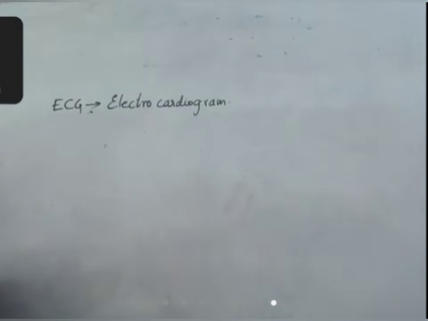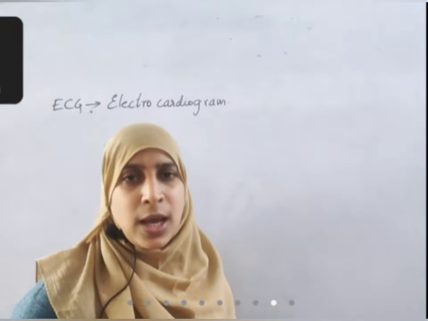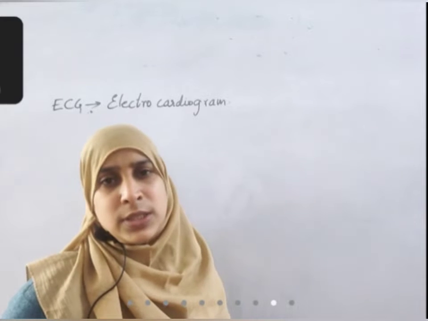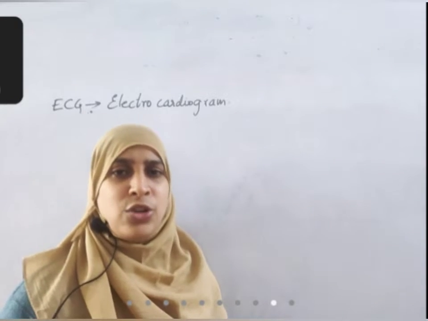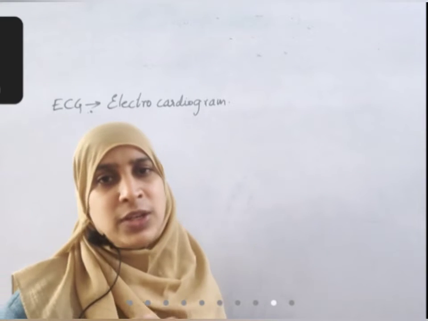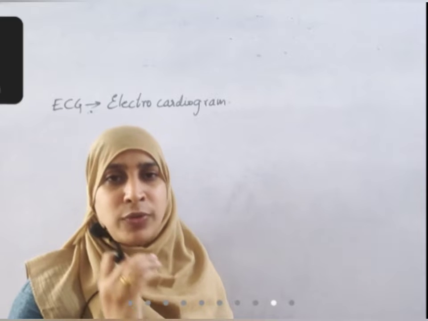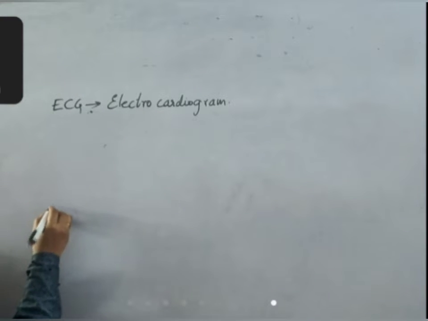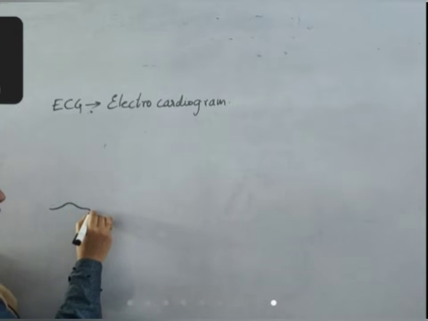I told you there are two nodal tissues in the heart, the sino-auricular node and the auriculoventricular node, and then comes the bundle and Purkinje fibers. When the conduction of nerve impulse takes place between these tissues, that electric impulse is studied with the help of an electrocardiograph. So in an electrocardiograph, we can see there is a P wave, Q wave,